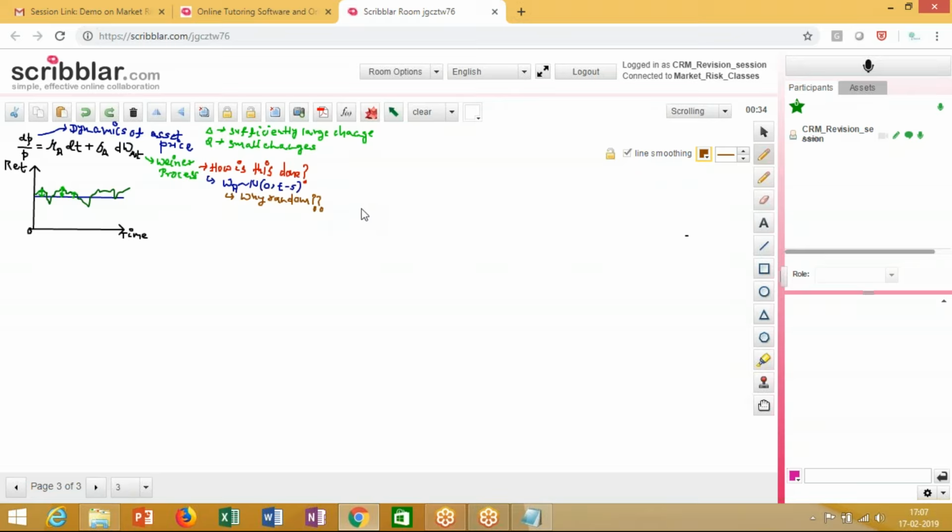So why random? Now, to explain the randomness, why this variable is called a random variable, or how randomness is associated with this variable,